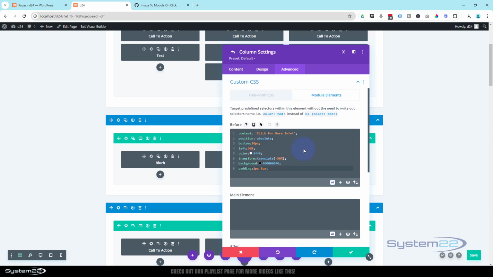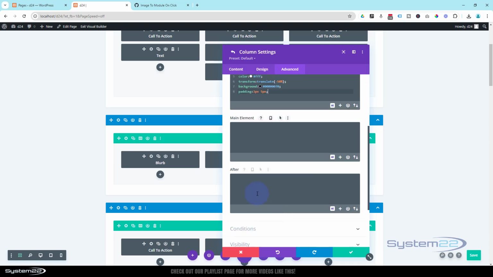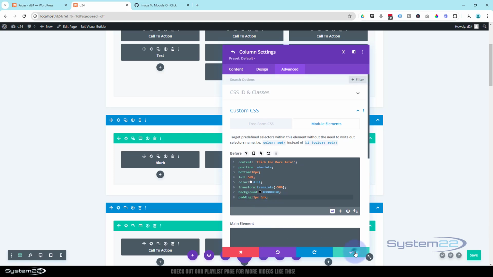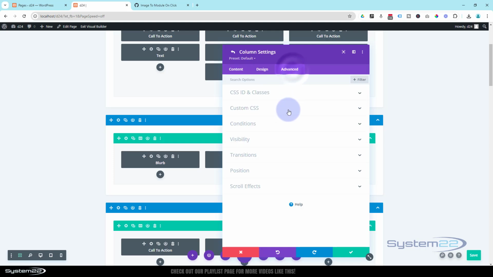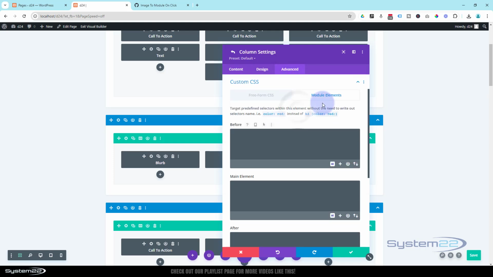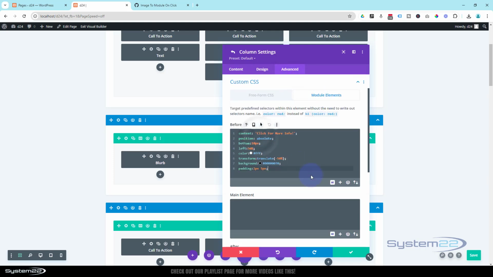Make sure we put it in the before. It'll work in the after as well, but I'm using the before to mine. And we're going to do the same for the third one there. Just in there, over to Advanced, Custom CSS, Module Elements before. Pop that one in there. And while we're in here,